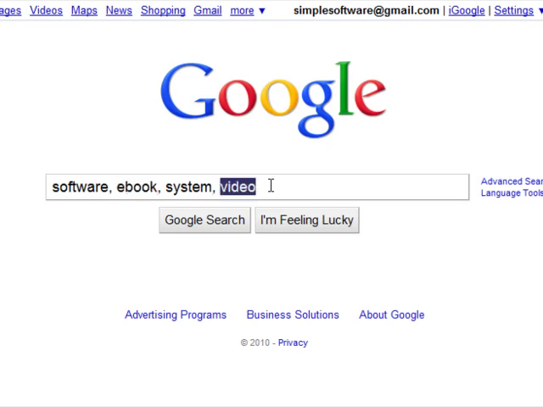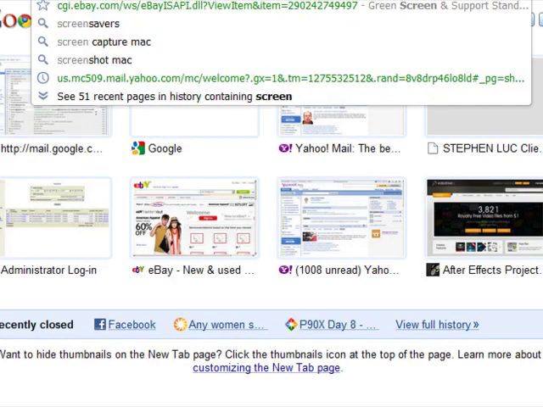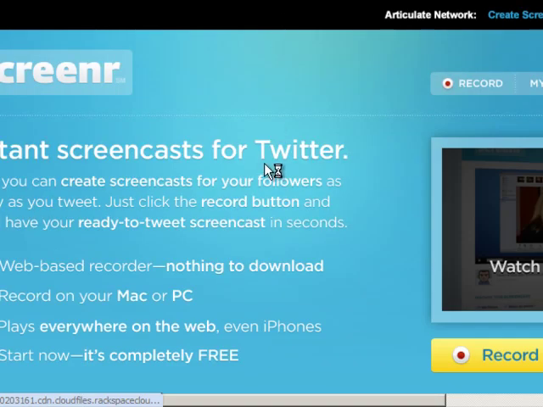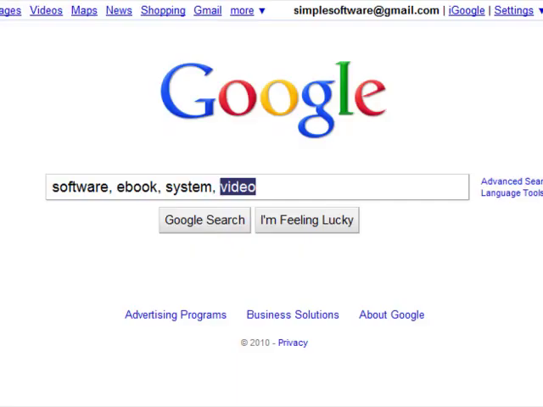Systems, videos, like right now I'm using Camtasia Studio 7. It's a fabulous piece of software. It's not that expensive. I think it's only $300, but if you don't have a lot of money, you can also invest in Cam Studio, or another place is screenr.com. It's another good site to record screen capture video without the need for expensive software. Now, the only thing when you're dealing with local businesses, they probably want to see your face. So I would highly recommend softwares mainly, or systems, or videos.